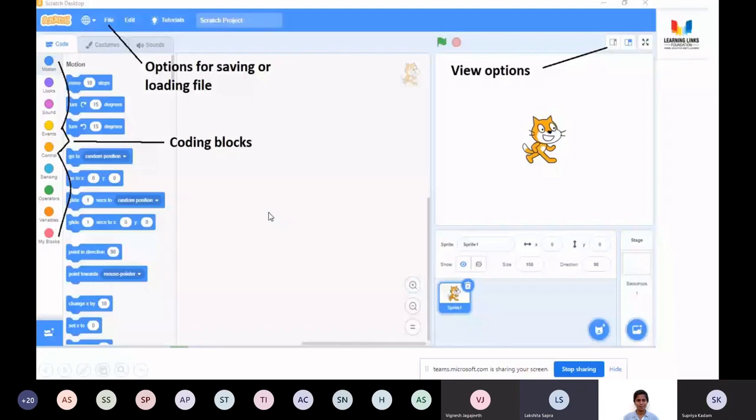When we go to the next one, which is the costume section, there we can change the different kinds of costumes of a particular sprite or a particular type of background.